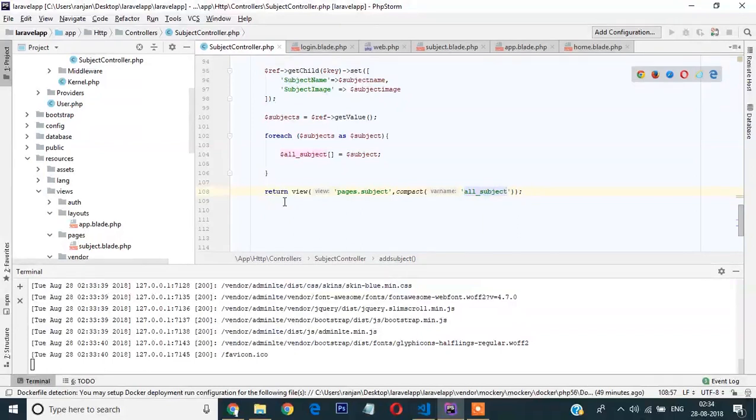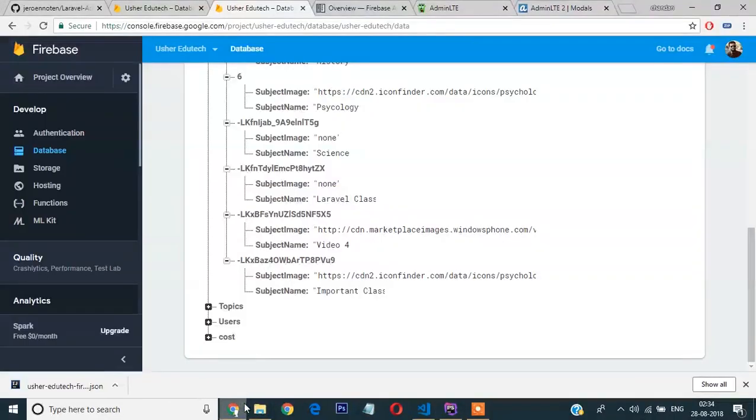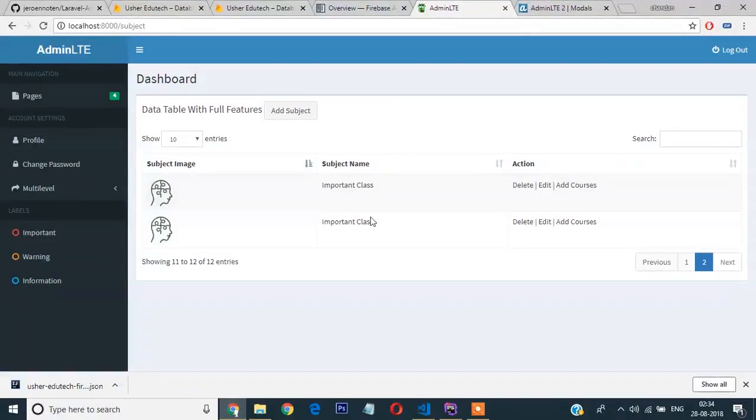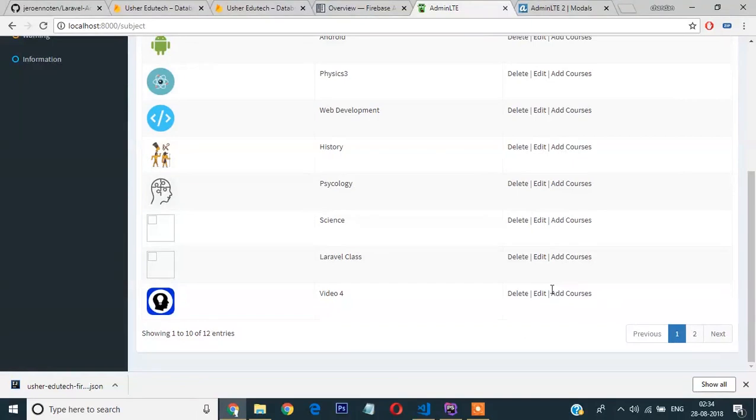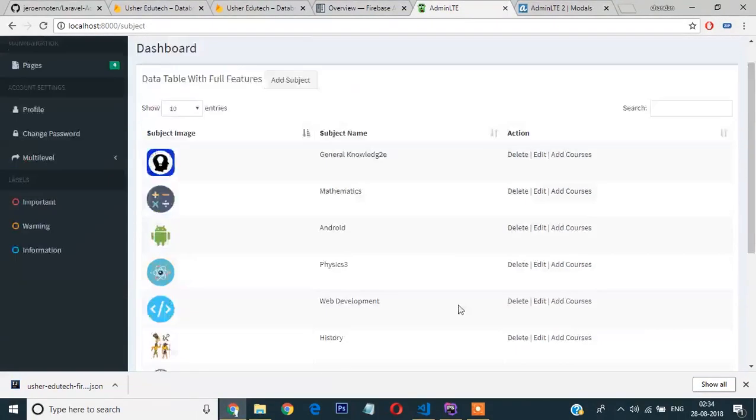Okay, so that's all for today's video. We have covered adding and viewing the data from the Firebase real-time data from Laravel admin dashboard. So in the next video we'll do